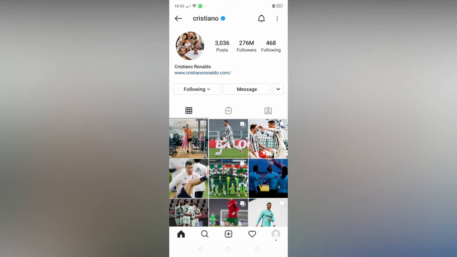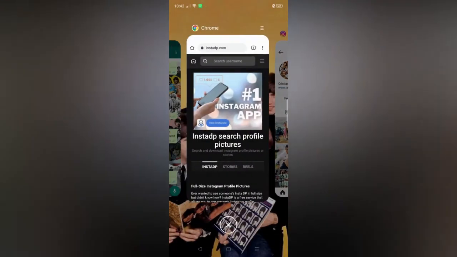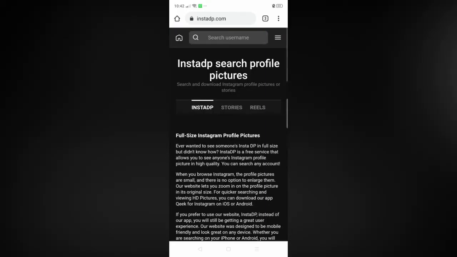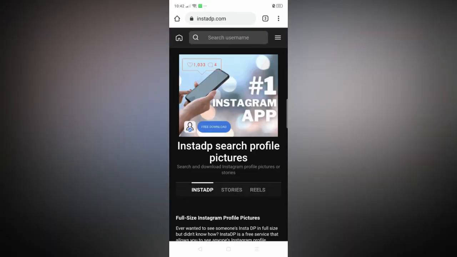So if I want to do that, what I would do is I would just go to any browser which I use. Let's say Google Chrome in here. I would just select Google Chrome, and in here I would just go to this website. I've already opened it to save time. The URL is instadp.com,